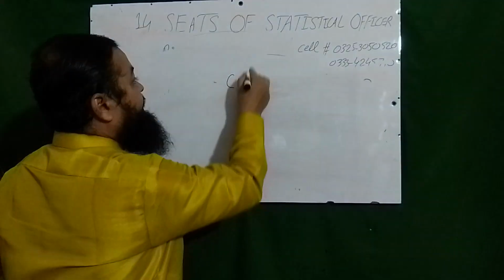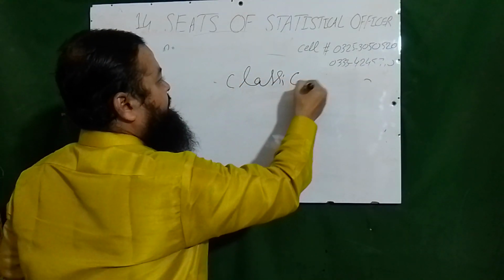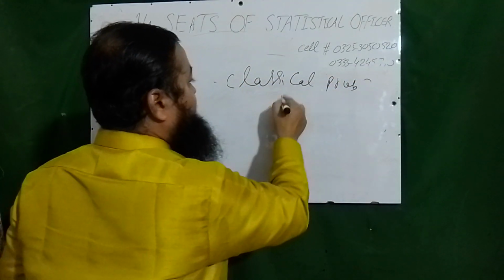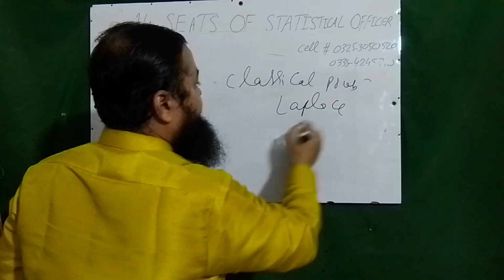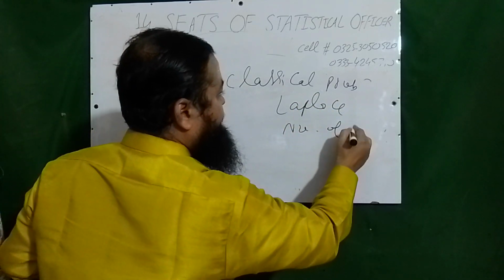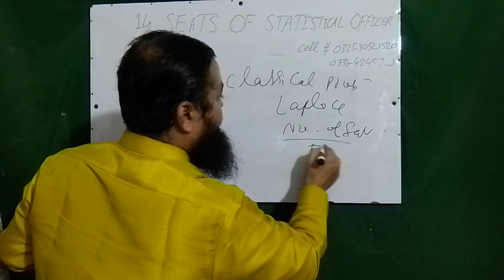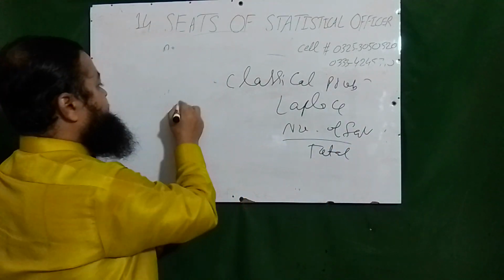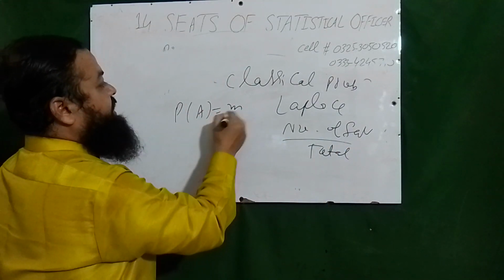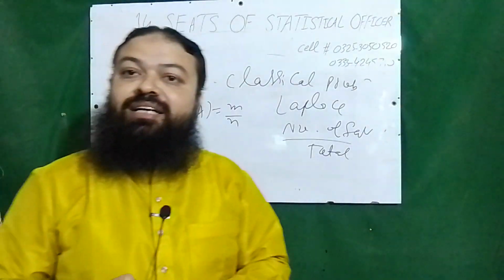Then classical probability given by Laplace. What is it? Number of favorable over total. It means probability of A is m over n. It's a theoretical approach. Then the second